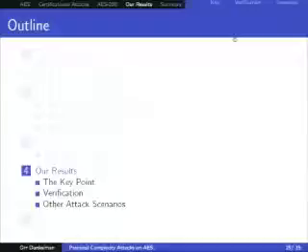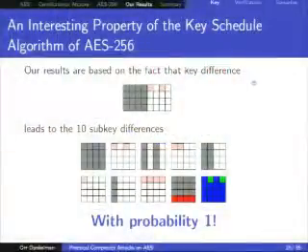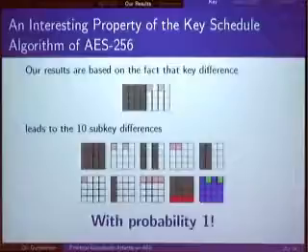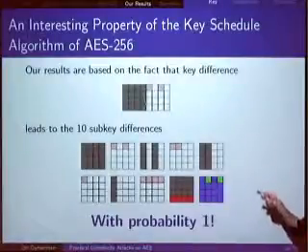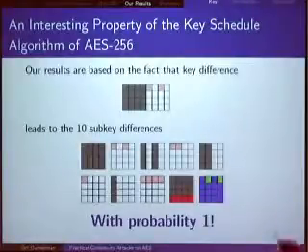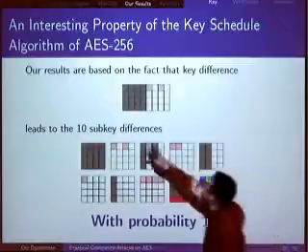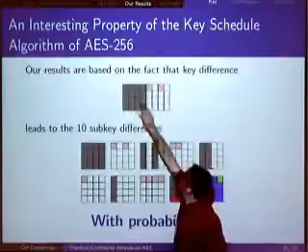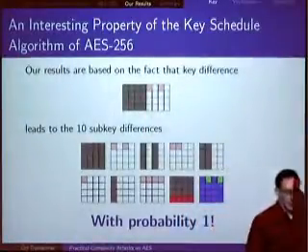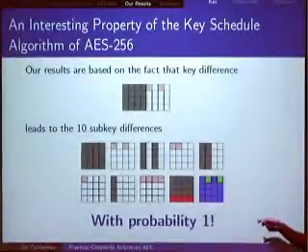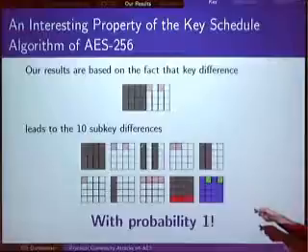Okay, so let's go over our results. Without entering into too many dirty details, if you take this key difference, now this is gray, gray, gray, gray, pink, pink. Again, I'm terribly sorry if any of you is colorblind. Gray means that all these 4 bytes have the same difference as these 4 bytes, which is the same as this 4, and these 2 pinks are the same. So if you put this into the key schedule algorithm of AES-256, you get gray, gray, gray, gray, 2 pinks.